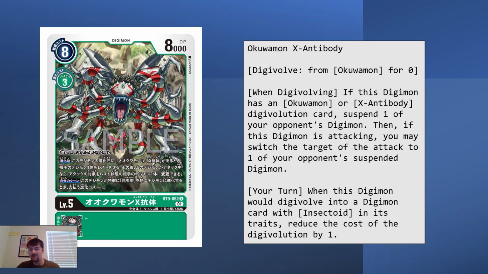So it's a flower cannon effect, you suspend them, rest them. If this Digimon is attacking, you may switch the target of the attack to one of your opponent's suspended Digimon. So that's going to be a way to redirect, start controlling board a lot more. During your turn, if this Digimon would Digivolve into a Digimon card with Insectoid in its traits, reduce the cost